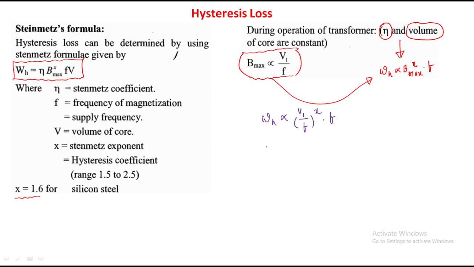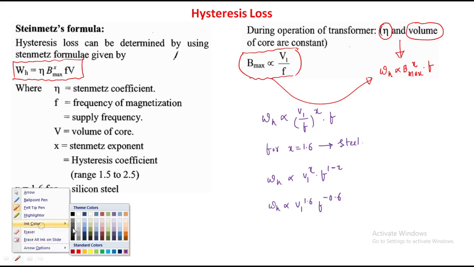For x equal to 1.6 for steel, therefore the hysteresis loss is proportional to V1 power x and F power 1 minus x. Therefore WH is proportional to V1 power 1.6 and F power minus 0.6. So this is the formula to calculate